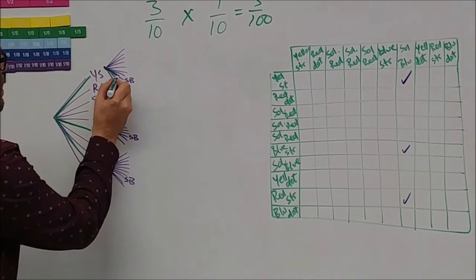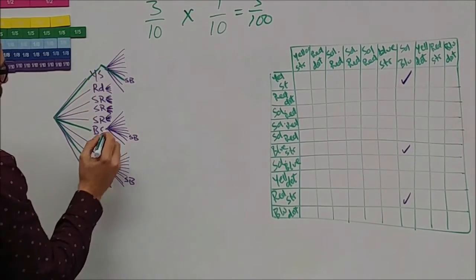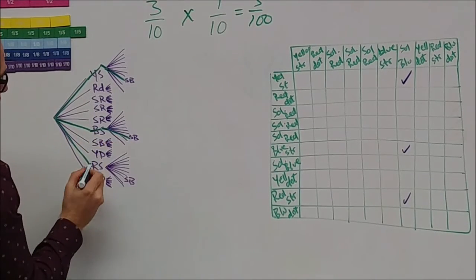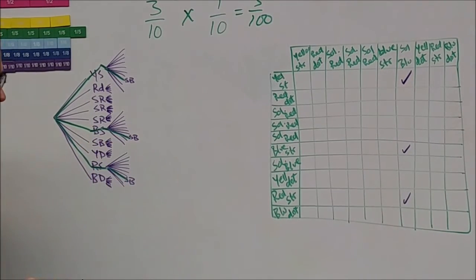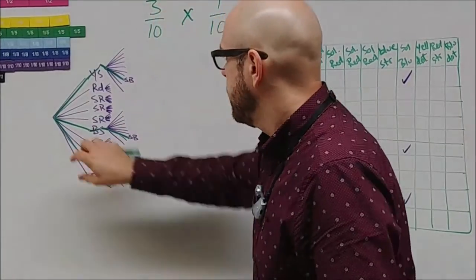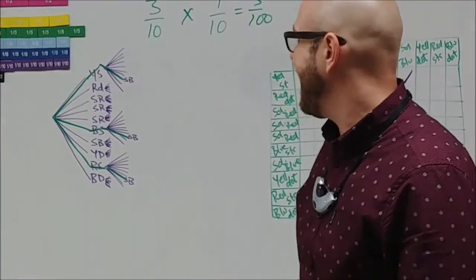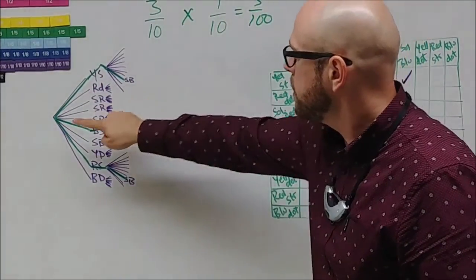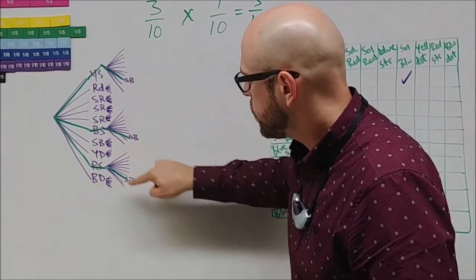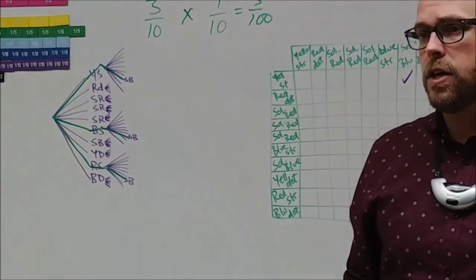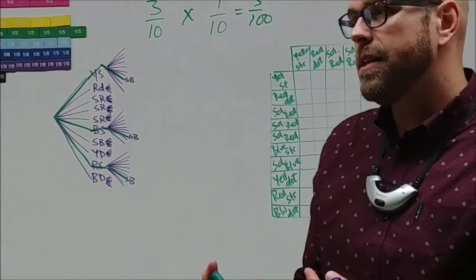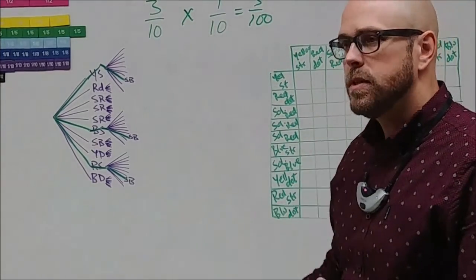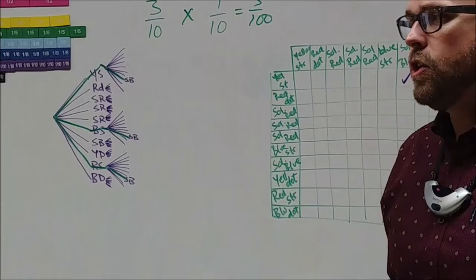Only one of those 10 would be possible here, one of those 10 would be possible here, and 1 would be possible here. So out of 10 times 10, or 100 possible outcomes, only 1, 2, 3 of those could be actual. So our theoretical probability, according to this, was that 3 out of 100 times you would get a stripe and